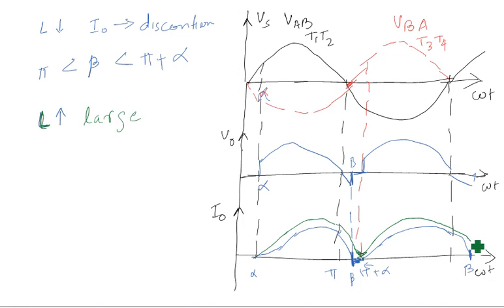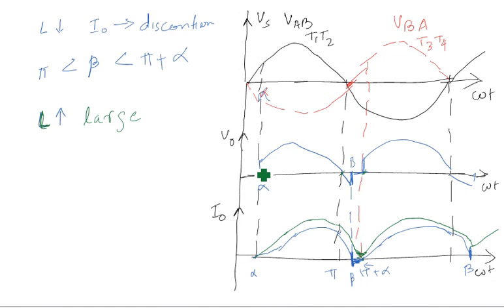Okay, so current never touches the zero cycle. This is the difference when you increase the inductor value. If you increase the inductance, the inductor stores charge. During the period from pi to pi plus alpha, T1 and T2 are reverse biased, but the inductor has stored so much energy that even though the supply reverses, the inductor makes them conduct.